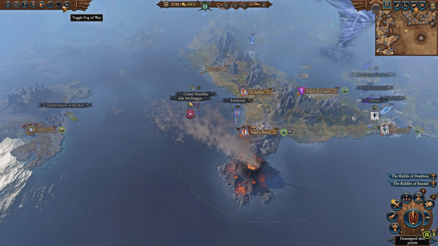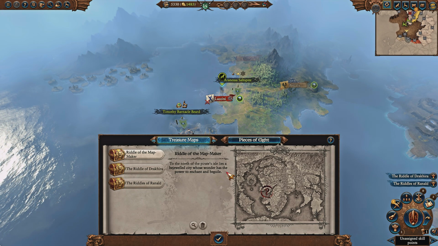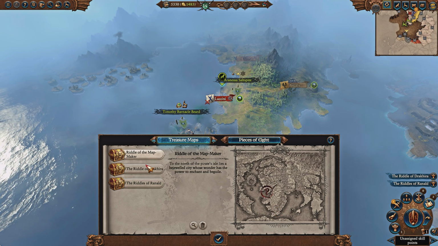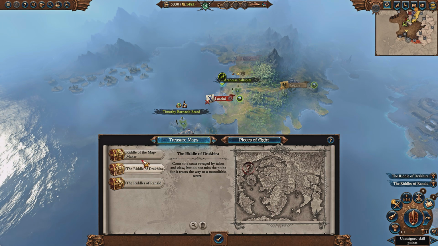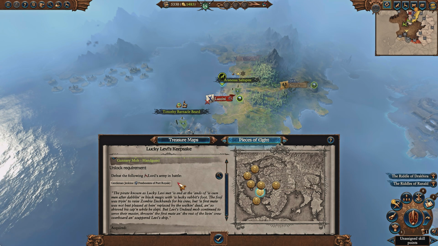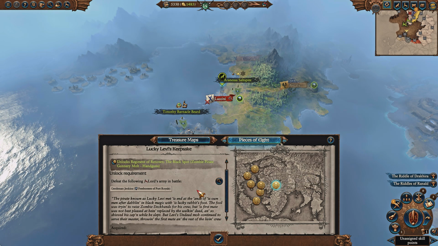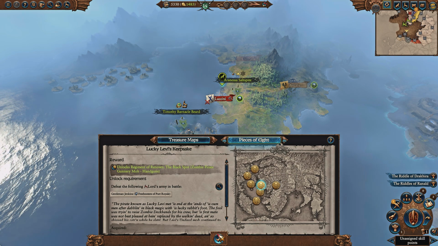On top of that, we should also talk about one of their unique mechanics as a race, which is treasure maps. These are honestly pretty worthless in terms of rewards. They give you very, very little in terms of money. You do have the doubloons that unlock Regiments of Renown, and that, by the way, is an annoying factor, having to go around the world long distances, defeating certain armies in order to unlock your Regiments of Renown, as opposed to how